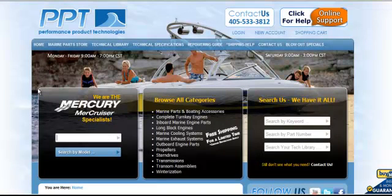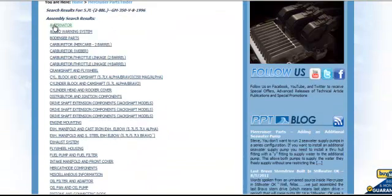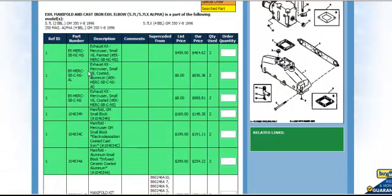If you'll just enter your serial number in this location and hit the go arrow, or you can just hit return, it will take you to any of the available models that meet that serial number criteria. In this case, we have a 5.7 two-barrel, so I'm going to select that model, and you'll notice first that in alphabetical order you have a different listing of the available engine models broken out. So if we were looking for an exhaust manifold, essentially you could click on that diagram, and then you'll notice